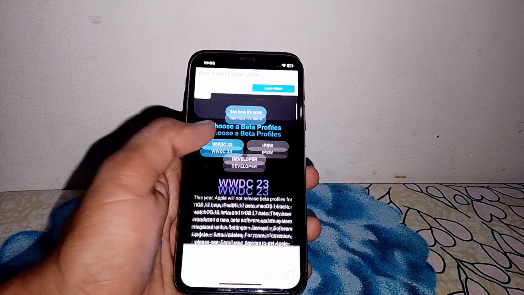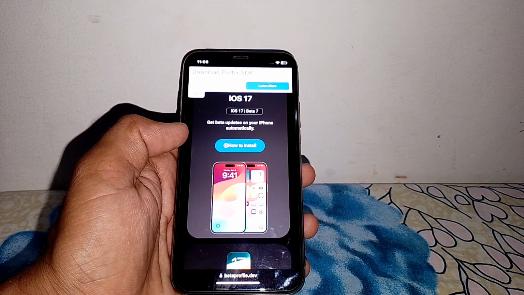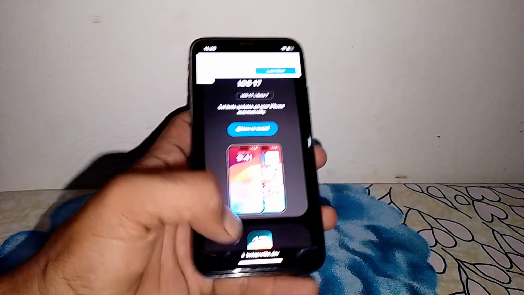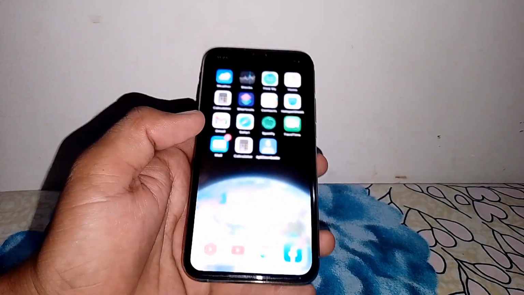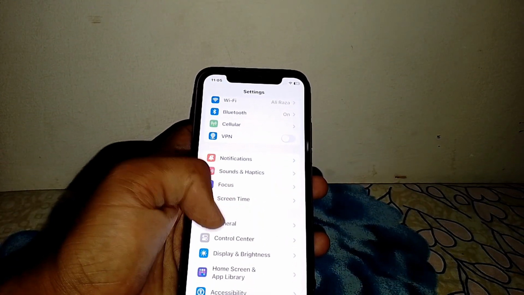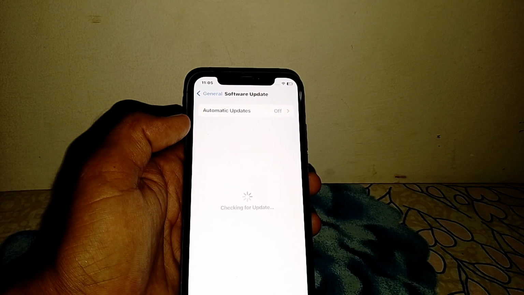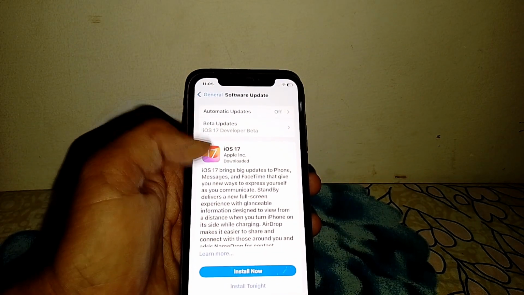Simply tap on that, and from here guys, download or install that profile. So once you have done this guys, simply close this page. Now open the settings. Now from here guys, simply tap on General and you can easily download or install. Let me show you here guys if it's working or not. As you can see